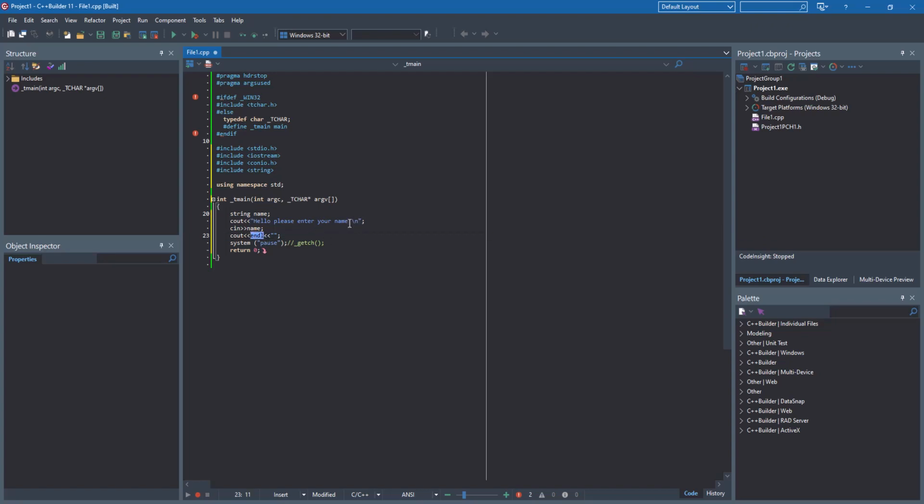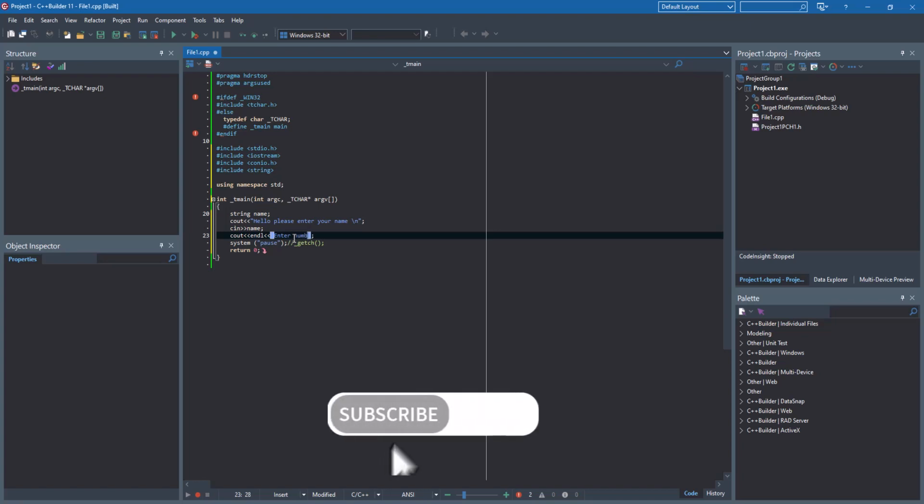This and this, they do the same thing, which is going to the new line. That's system and endl, and then so let's just simply add two numbers. Enter number,